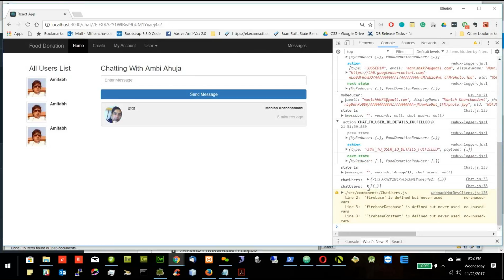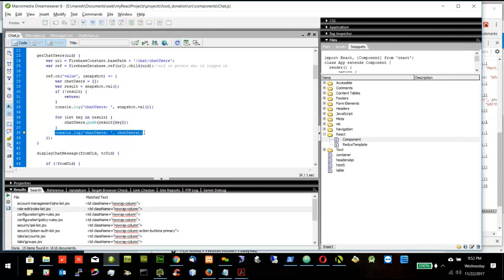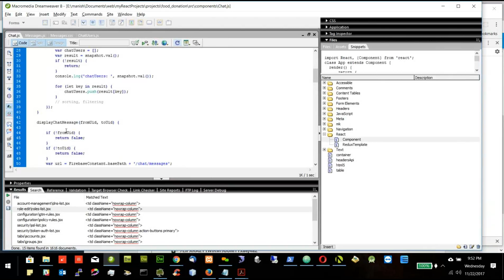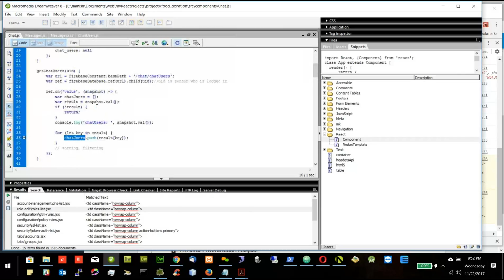So I can see chat users as zeroth number with all the details. So let's try to do here. I will be trying to manipulate it with sorting and filtering, no pagination, sorting and filtering I will be doing, so that if I have 100 users I'm chatting with, I can also filter it, or I should be able to sort it based on the last one with whom I chatted. So I will put this sorting filtering in some time, but right now let's put this chat user in the